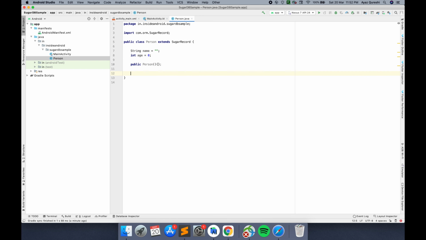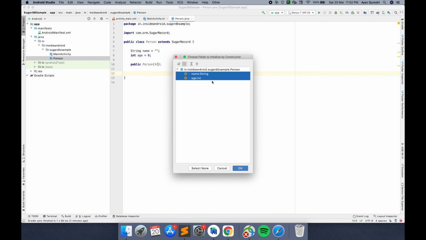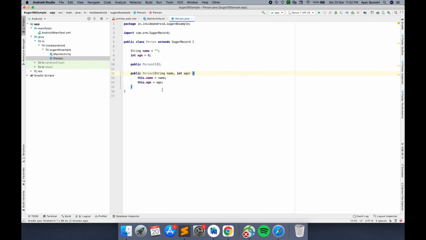Now I can also create a constructor with both of these. So I can create it this way also. Okay, and then I may need getAge and getName functionality. So this way I have created my data class.